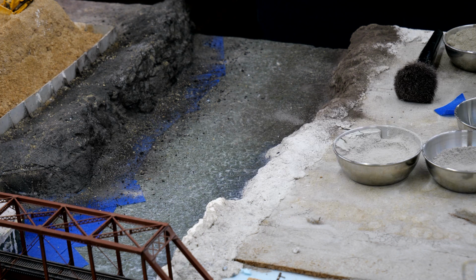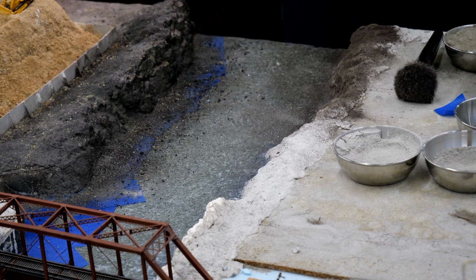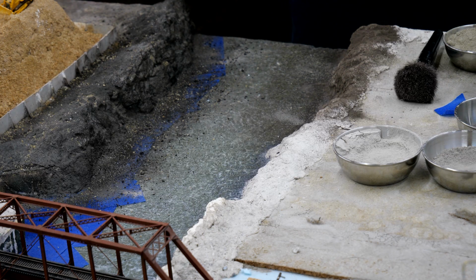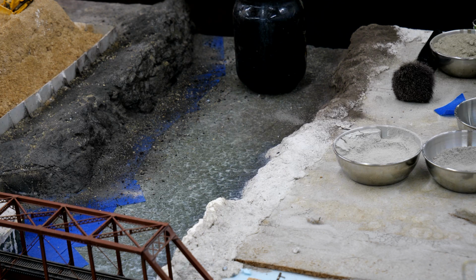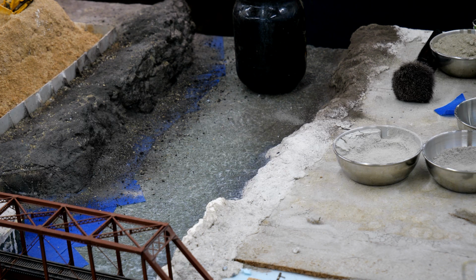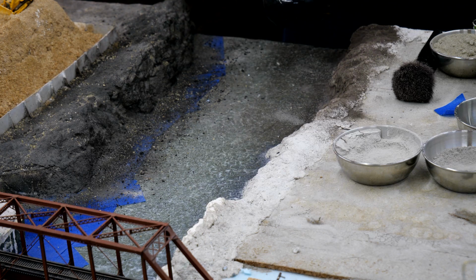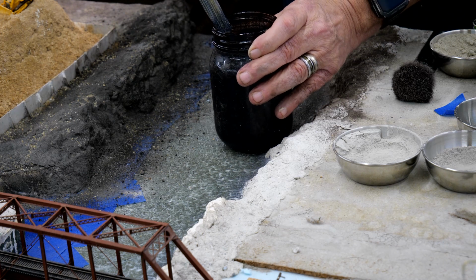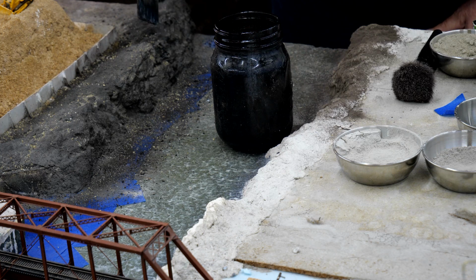Now, let's put that out of the way there. Okay. Now this is my black wash, and it is an oil-based paint. Where am I? What am I going to use here? I'm going to use this one. Yeah, I think I'll use this one. So I'm just going to stir it up a bit, and it's just an oil-based paint. And now